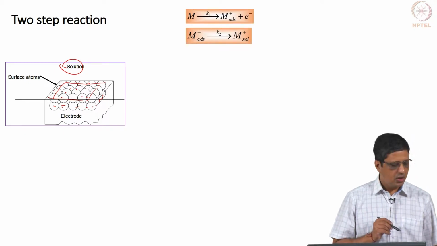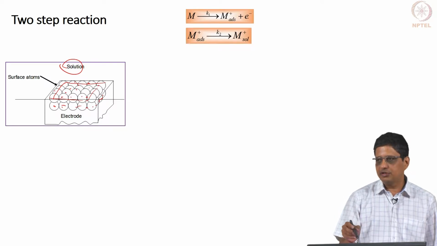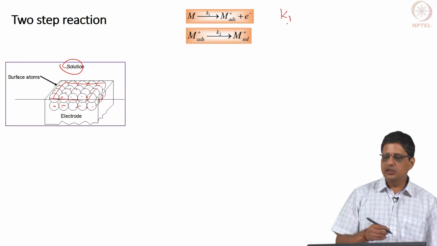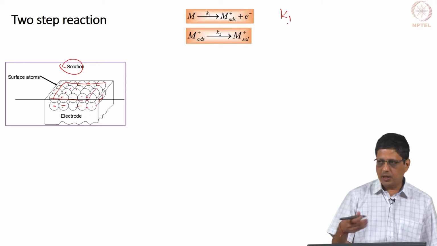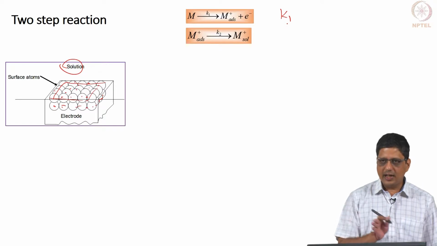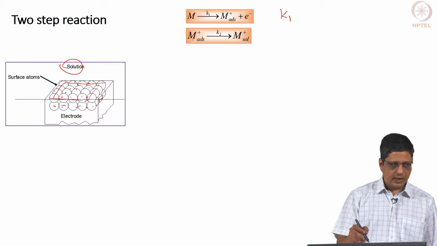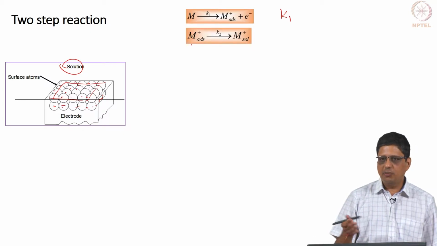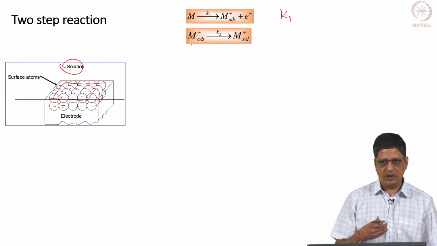Okay. Now, if the first step happens at particular rate K1, first step involves the transfer of electron. Okay. So, the K1 we can guess that it is going to depend on the potential. If I give more positive potential, I will pull up or I will remove all the electrons. So, I will drive the reaction in the forward direction. K2 on the other hand, on the left side it is metal plus adsorbed, on the right side it is metal plus solution. Therefore, if I change the potential, K2 will not change. I do not have any reason to expect that the K2 will change.